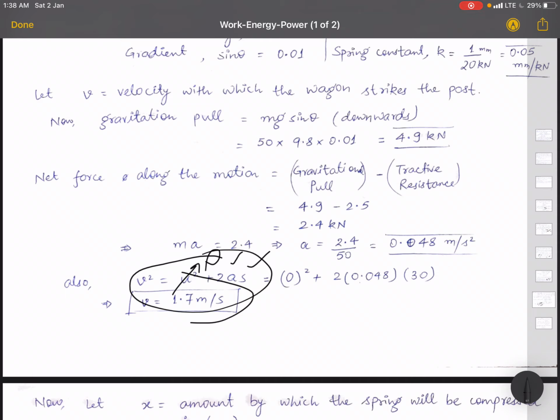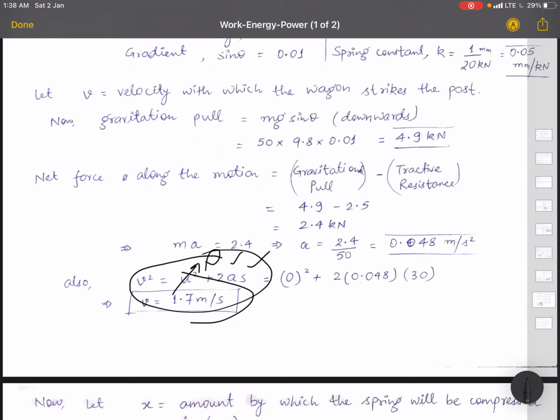Now the net force along the motion will be how much? Gravitational pull minus tractive resistance, that is friction. It will be acting opposite to the motion. So 4.9 is mg sin theta downwards, minus 2.5 from the tractive resistance. So the net force is 2.4, and this net force